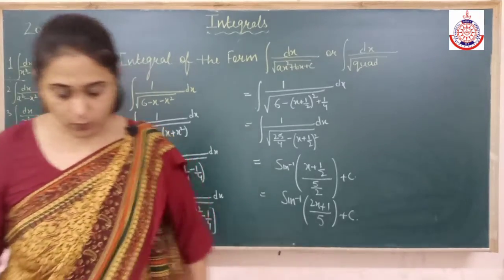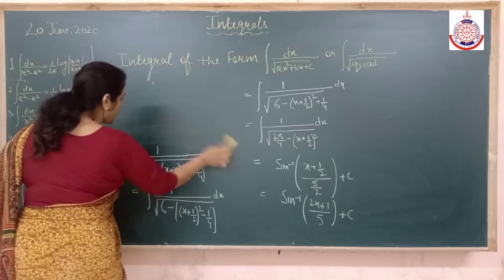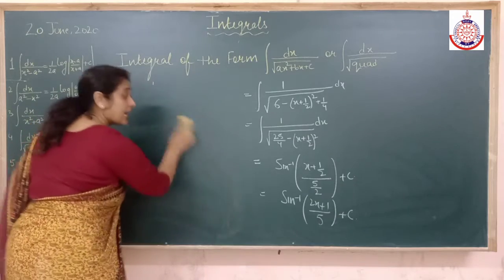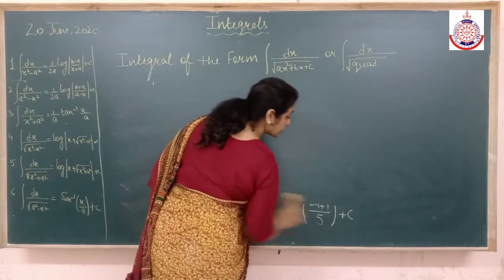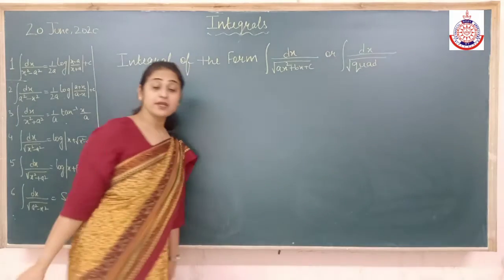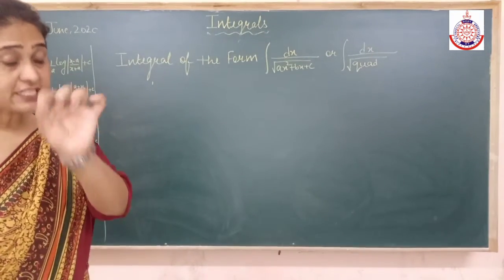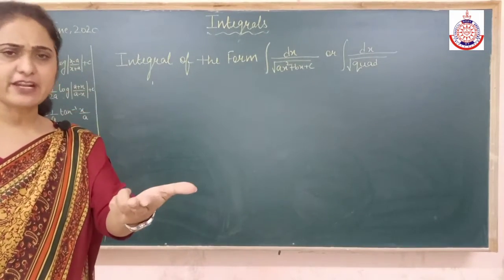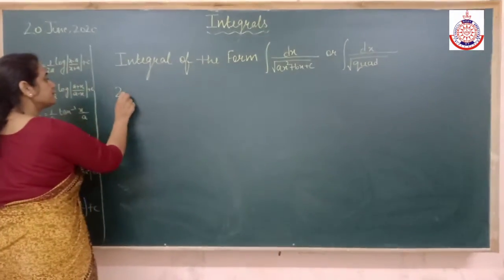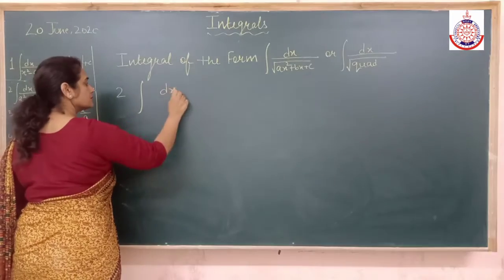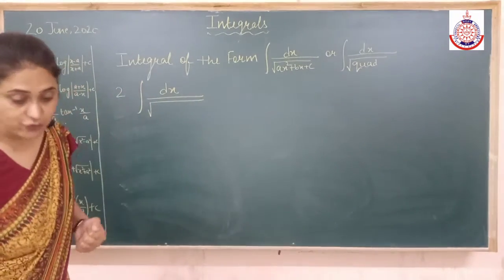Alright, let's pick up one more thing. I just want to make one more thing clear. When we did 1 upon quadratic, I was saying that quadratic cannot be converted into linear factors. Cannot be converted into linear factors. Then we use, if it is converted into linear factors, we can use partial fractions also. Fine. But isme, as such, suppose if I have a question, I have to integrate